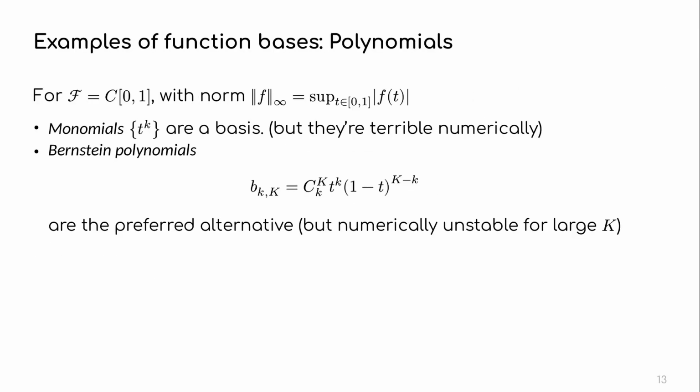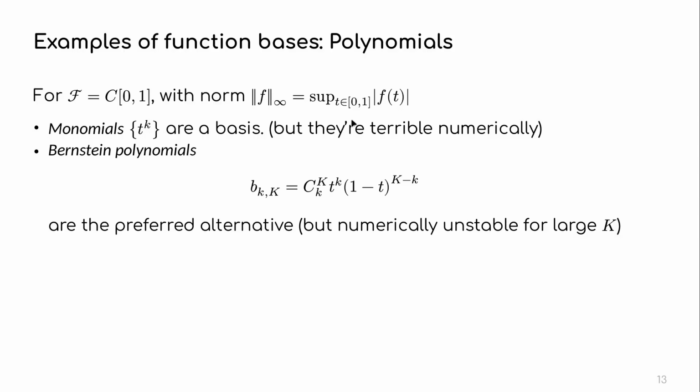So that's a general framework: we're going to pick a basis and use that to approximate all other functions. And so an easy example, if I take continuous functions as my space with this norm, norm f infinity, also called the absolute norm. In a sense, this norm means that if two functions are close, the difference between any two points of these functions is bounded by some epsilon. And so in continuous functions, monomials, or polynomials in general, but monomials t to the power of k, are a basis.